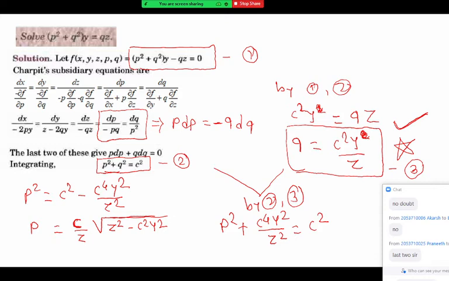Is it okay? We got p. Any doubt? Okay, so that's one. So this is equation 4, which is the most important equation again. Equation 3 and 4 mainly we are interested in. They are the values of p and q in terms of x, y, z. And once we get p and q in terms of x, y, z, what should be the next step?